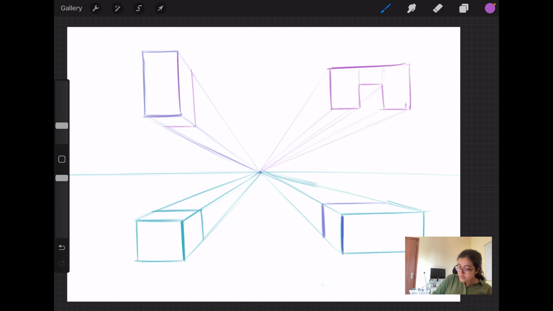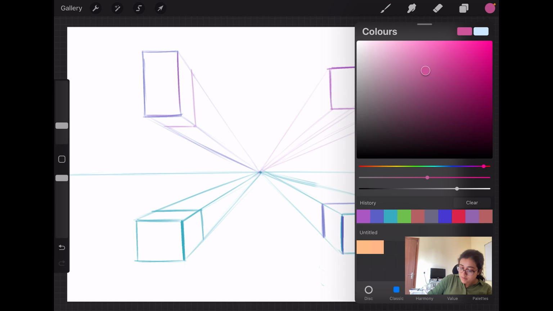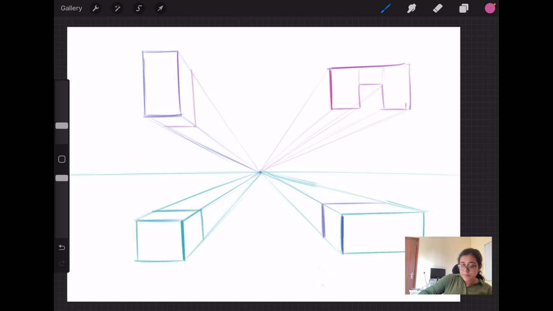Now, just like the front side, let's pick another color. Just like the front side, I'm going to make the back side using the same orthogonals. Just like the front side, from the corner this is going, this is going. You see, I've got my shape like that. Now from here, that is going, this is going, that is going.